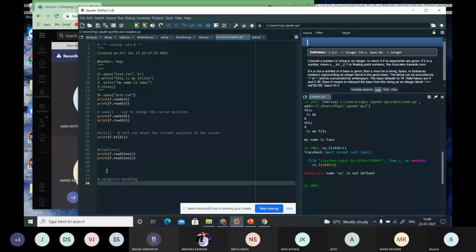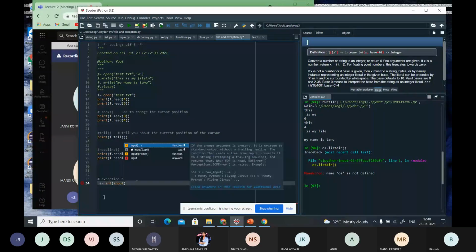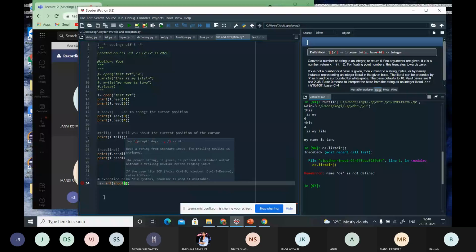Okay. Suppose I have taken an example, A is equal to int input, enter A. Again, I will copy this thing.